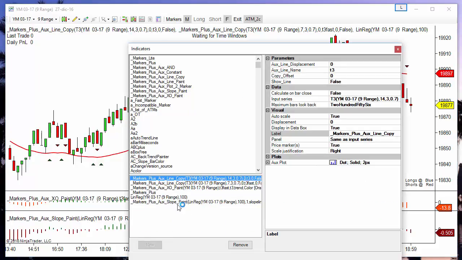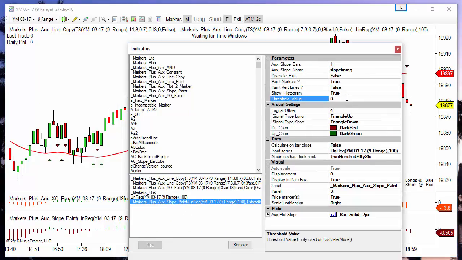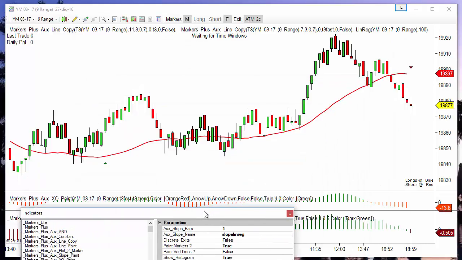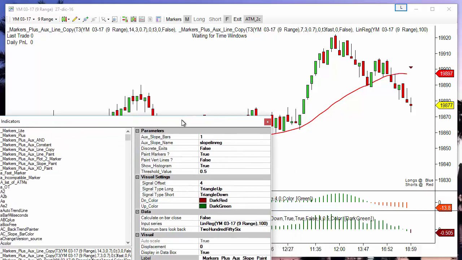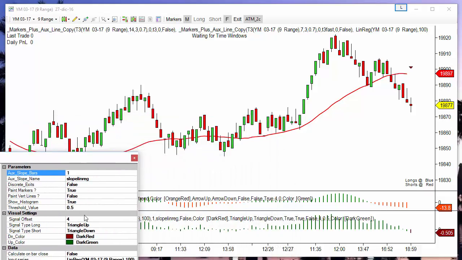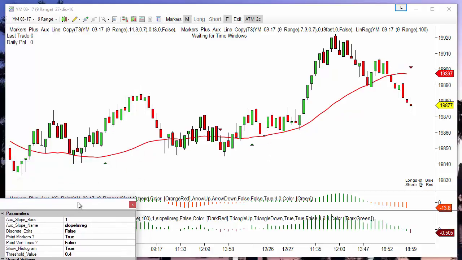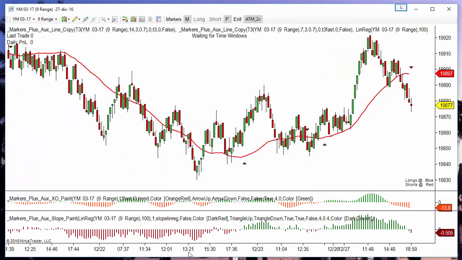So we can start with an initial value of 0.5, and now we can see that we get far fewer signals. If we go a little smaller with 0.4, now we get two additional signals. We get a short